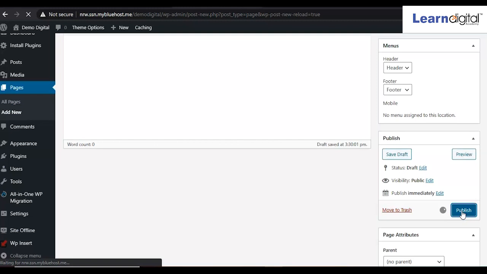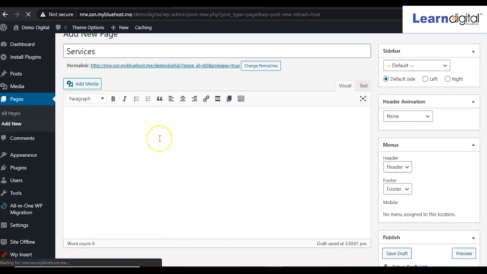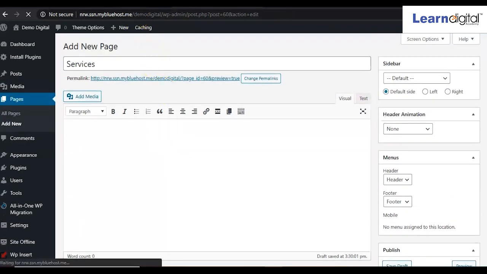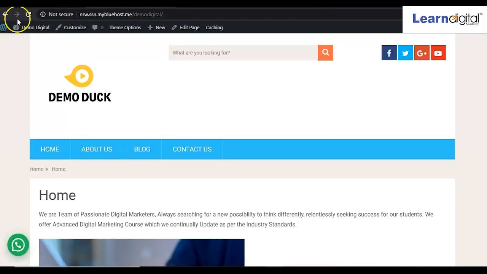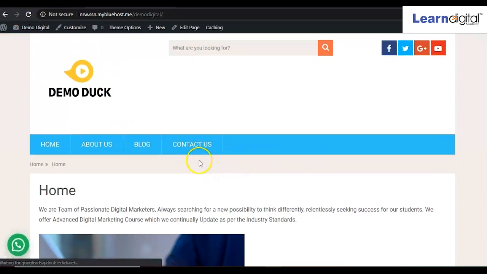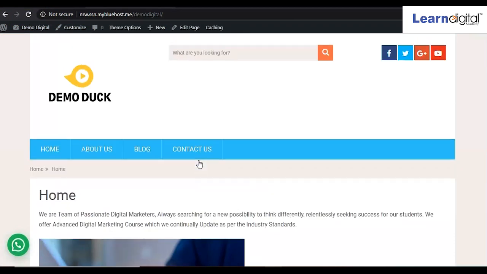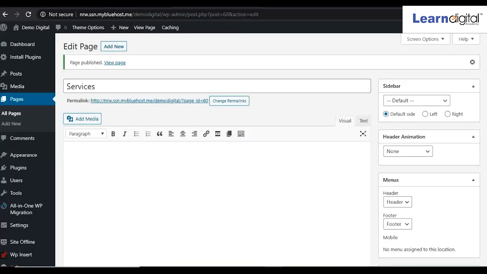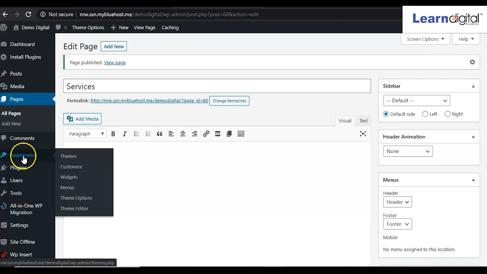So I have published one page that is called service page. Now after publishing this one, if I refresh, I won't be able to see that page over here at the front page. Why? Because I have to select it in the header part, right? For selecting it in the header part, I'll go to appearance, menus option.